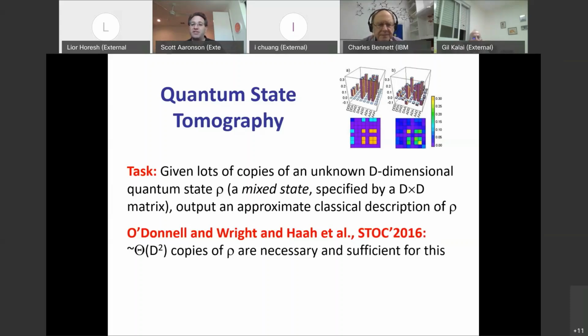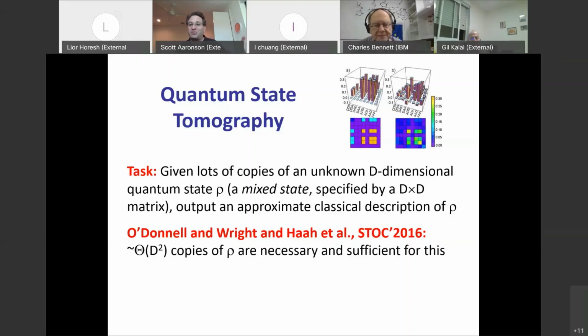The upper bound is particularly hard. It had been shown that D cubed copies suffice, but to get down to D squared, you actually needed a lot of representation theory. It's not quite as hard to show that D squared copies are information theoretically necessary. But in any case, D squared is a problem for any quantum states of reasonable size,